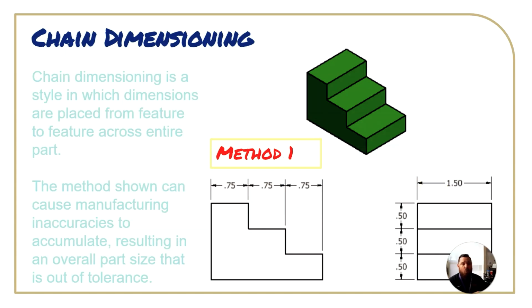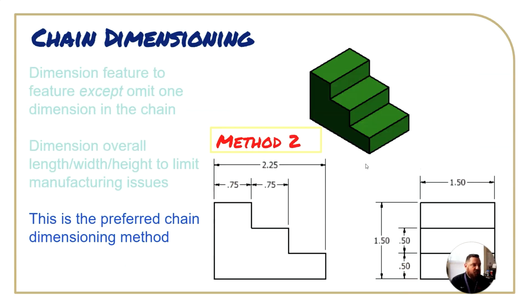Alrighty, so we have a few different methods of how to dimension something. First one is going to be chain dimensioning. So that is what's represented down here. With chain dimensioning, we have a series of dimensions that are in line, all butting up one next to another. Same as these 0.5s down here. And then method 2, we have another form of chain